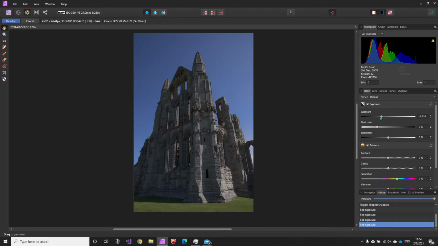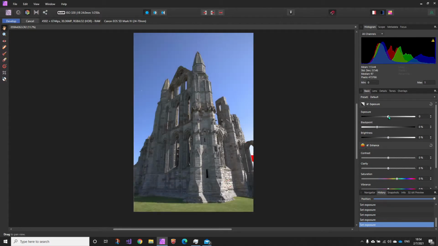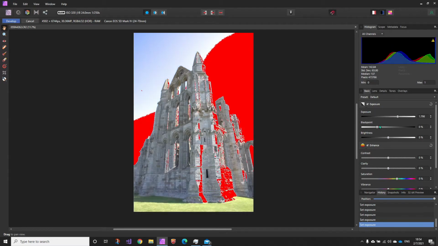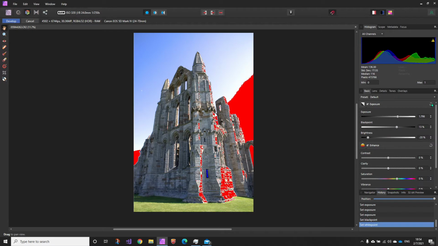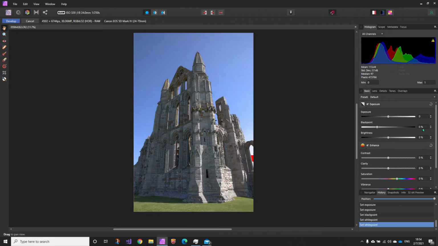If I just want to go back to normal, I can do 2 things. I can either double click the little toggle in the middle of the slider, or there is a reset here which will reset everything in this group. So if I change several items, several sliders, backwards and forwards, I can just hit reset and they'll all go back to 0. Okay, so we'll drop the exposure a little bit,